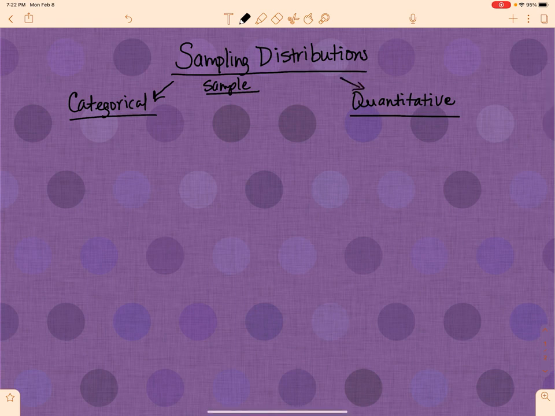How can I tell? Well, for categorical data, you're probably going to be given some kind of percentage, some information that indicates that your data, whatever it is, fits into one category